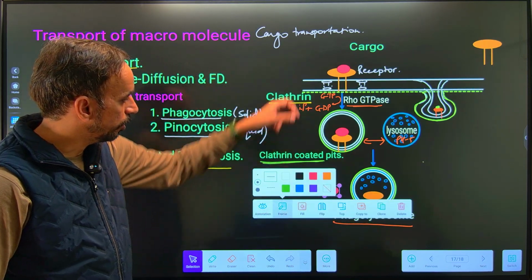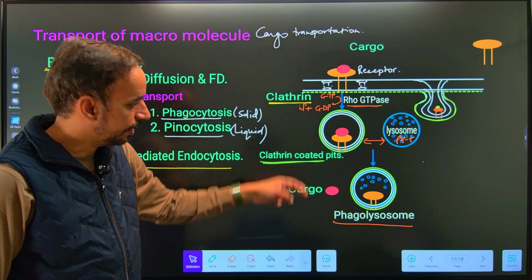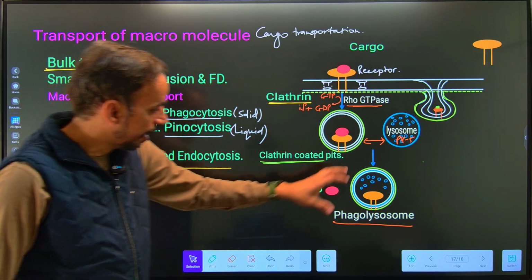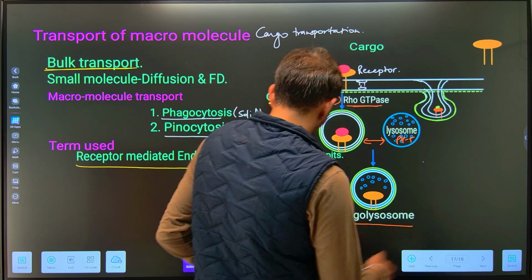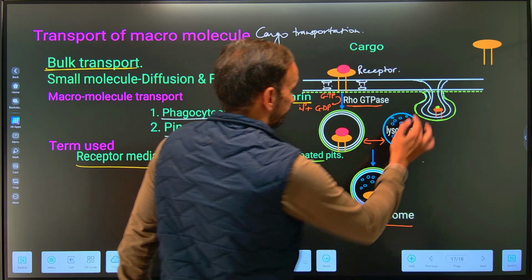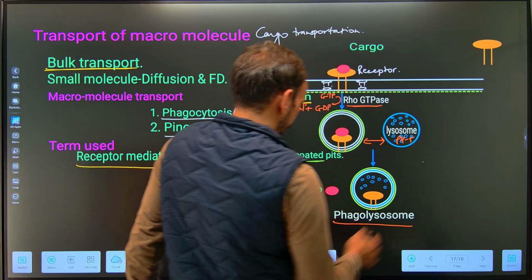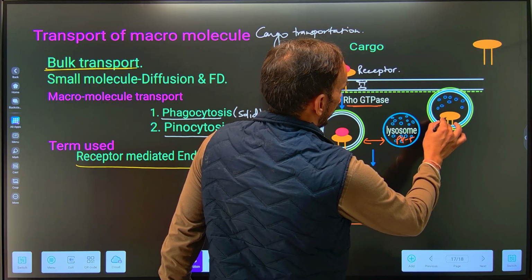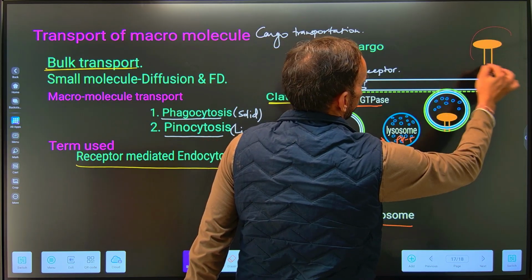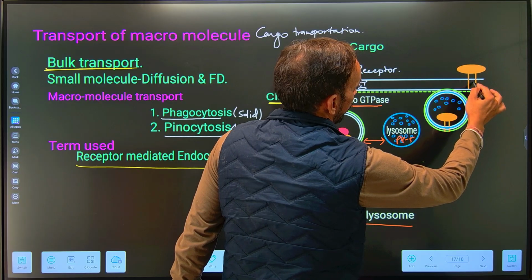So the cargo molecule will get transported into the cell cytoplasm. After this, the remaining phagolysosome will again get fused with the plasma membrane,